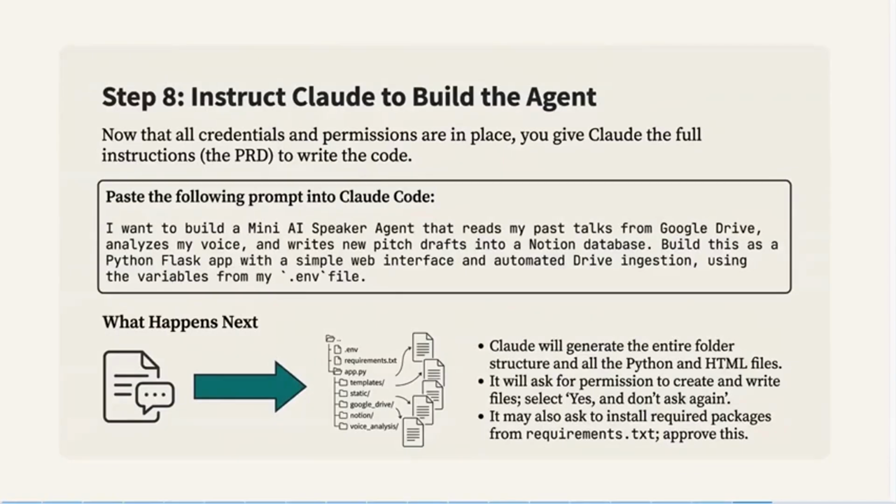This is when we give Claude all of the things that we talked about, and it will be able to follow all the instructions, because now it has the key, it has the manual, and then all you have to do is watch it go into creation mode, into generation mode, and we'll do the whole thing for you. Folder structure, scripts, Flask app, HTML interface, ingestion logic, everything, it will be done because you gave it the instructions,